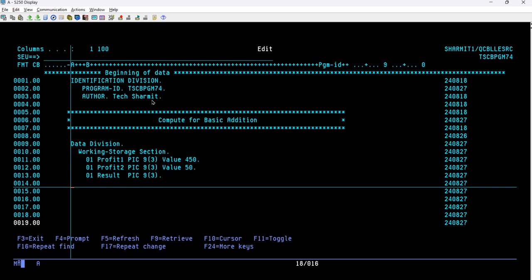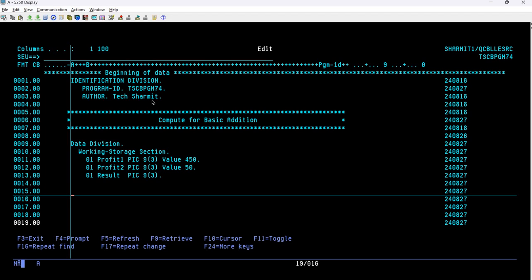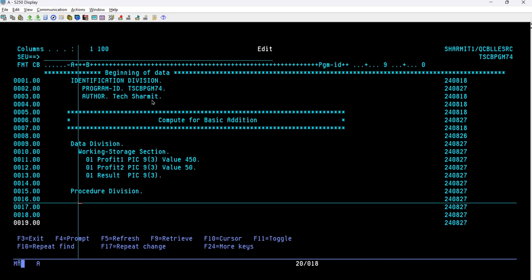Now it's time to write the main logic of the program. To write the main logic, we will declare the procedure division. Under this procedure division only we will write the main logic. Let's firstly print the as-is values, and then we will perform the computation. It would be easy for us to understand by looking at the output. So let's print some values here. Display profit 1 value before any modification,